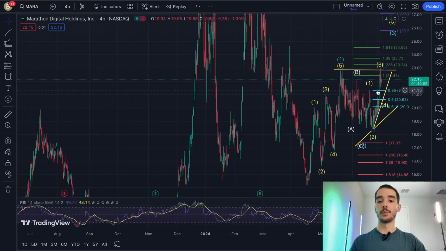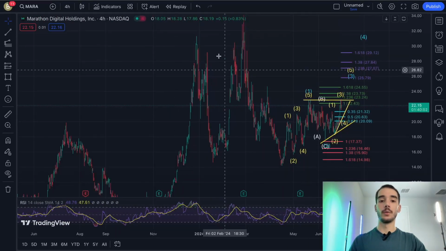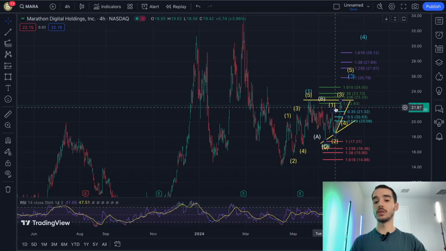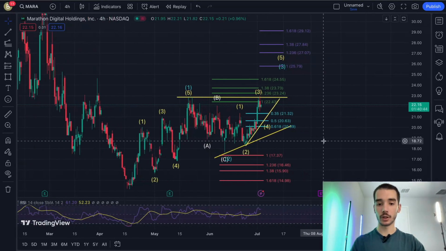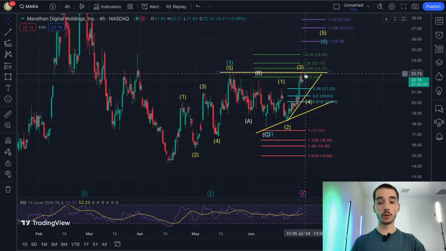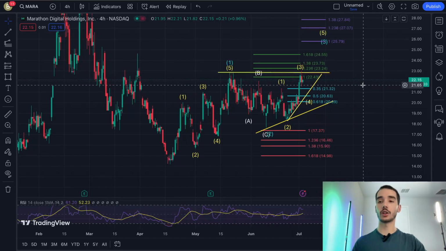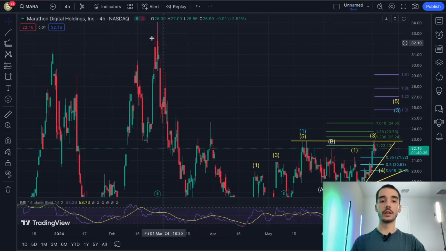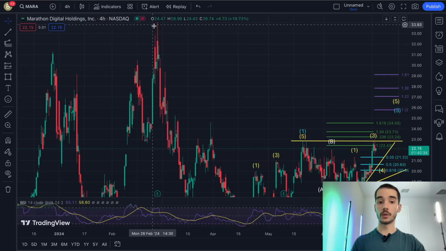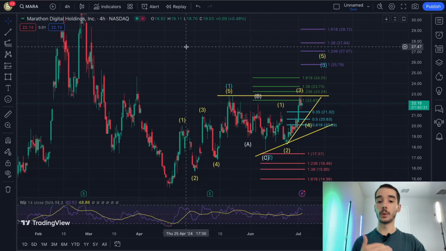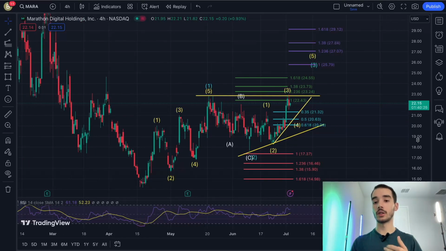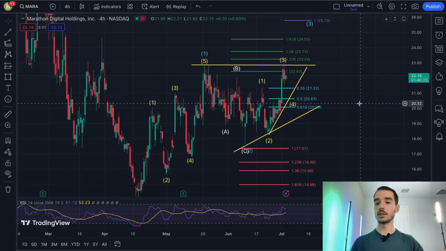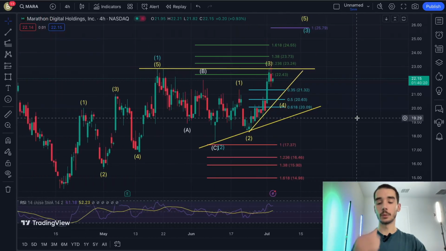And I never trade current structures based off of previous structures. I never do that. I go purely off of the current structure. And when I say all-time high for 2024, I mean all-time high for the current structure of 2024, regardless if we did see $34 in 2024. Current all-time high 2024 for me is what the current bullish structure is, which is this. That's how I structure my trade. That's just how I make sense of it. It's a lot easier for me to understand that way. It might not be for a lot of other people, but I just felt like making that clear and addressing any confusion.